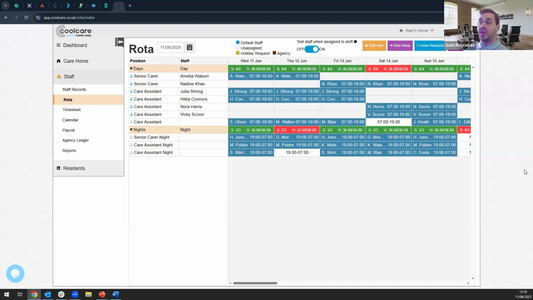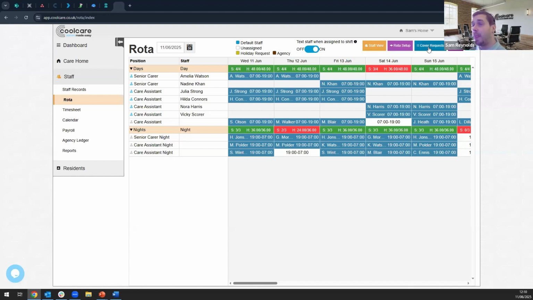However, just looking at the rotor on here, you can't really see that someone's responded to that just by looking at the rotor dead on. Luckily, we do have a way on the rotor view to keep track of those messages and see when people have responded to them. This blue button up at the top of the rotor that says cover requests,